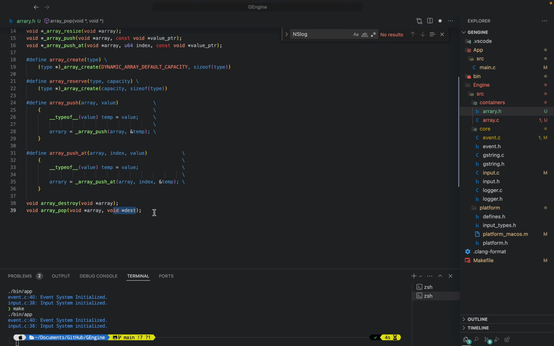Now this will be optional, so if you don't want to store it somewhere else, you don't have to pass in a destination, but it's there in case you want to. Okay, so we have a function to pop an element, and then we also want